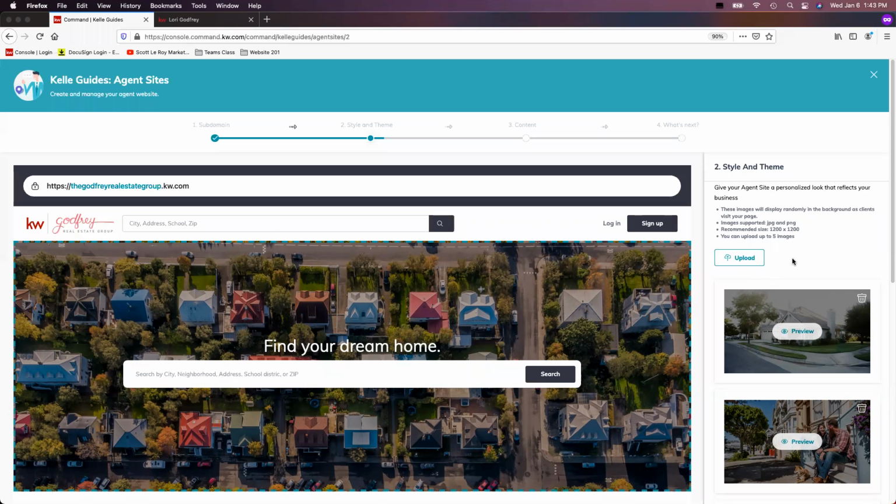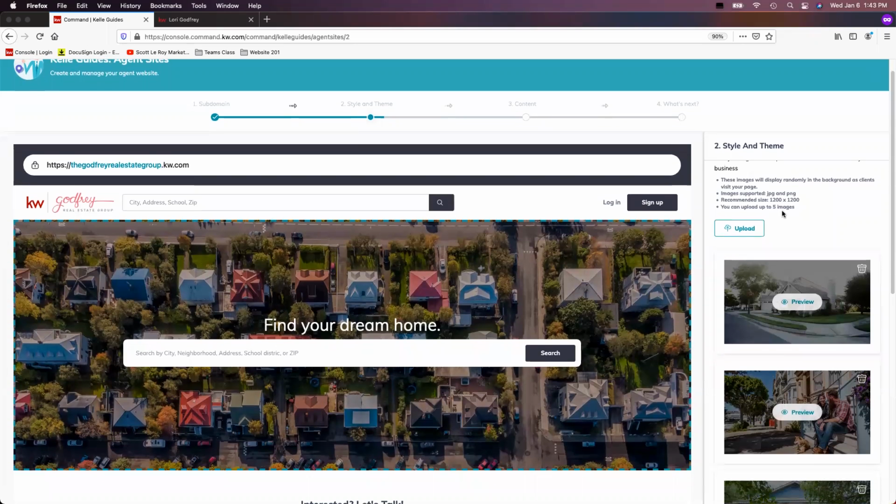You do want to make sure that these images are high resolution. You also want to make sure that they are semi-cropped to being the shape that they should be. The recommended size is 1200 by 1200. That's actually not correct. You'll notice 1200 by 1200 would give you a perfect square, but you'll see the image that you would be adding this for is a very narrow rectangle. So the image size that you want to gear for is more like 1200 by 600,